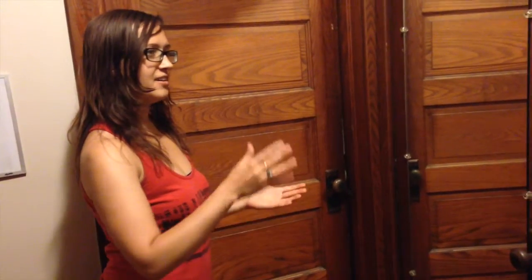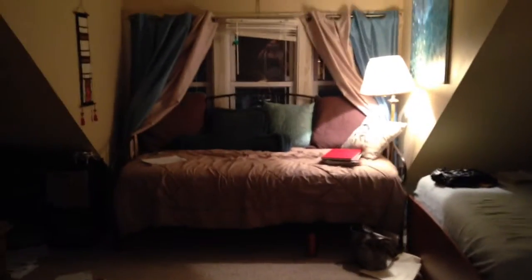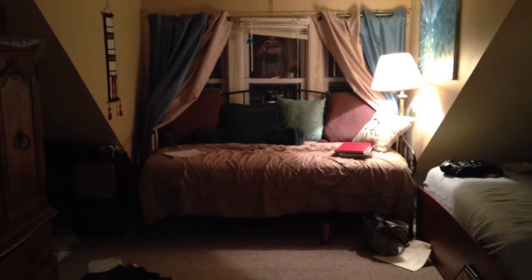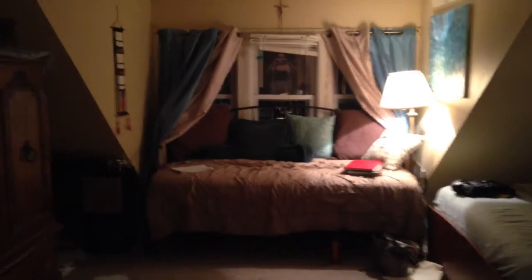This is my bedroom. Actually, this is the mirror where I practice conducting. So that is the daybed that Adrian was trying to get rid of, which fits really quite perfectly in that space. And I write a lot of poetry on it now, which is good. And on the left of it, there's